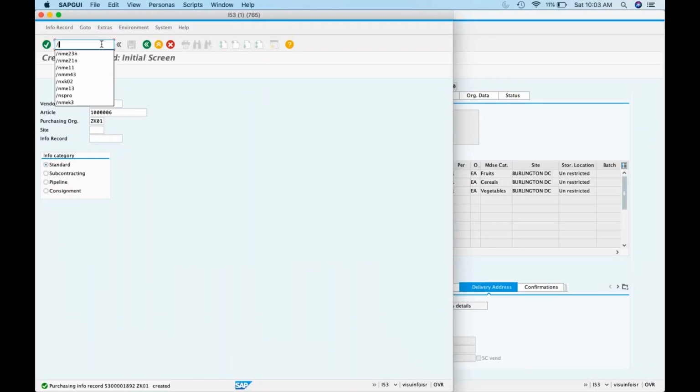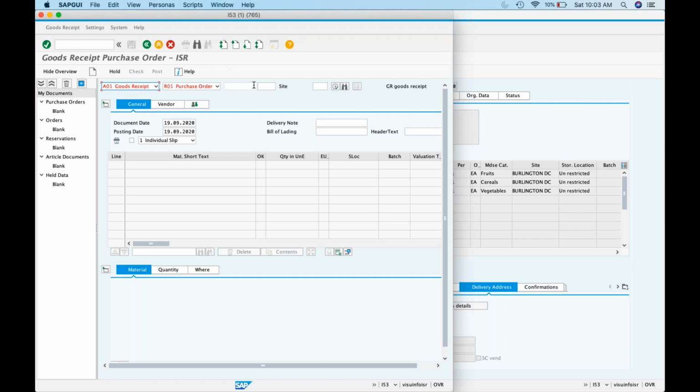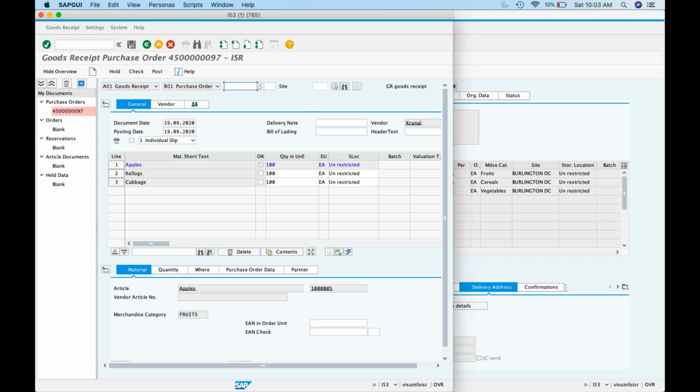Now what happens is the vendor has delivered your stock. The truck has arrived at your DC. Now you are going to inward the stock. You see how you actually inward the stock. You go to the MIGO transaction. You select what transaction you are going to do. I'm going to do a goods receipt against a purchase order. And what is that purchase order document number? I press enter. Make sure this field is blank, so that it picks the site information automatically from the purchase order.